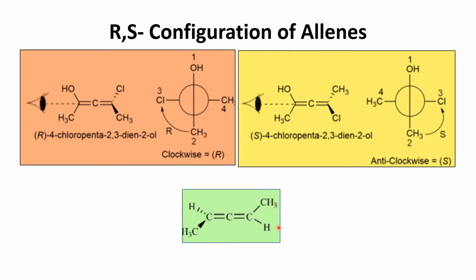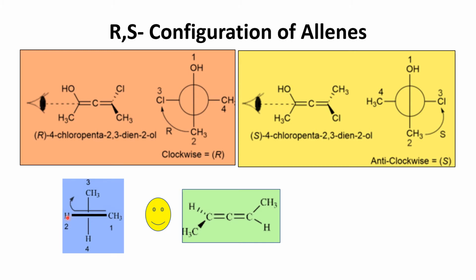And see another compound also, this is one type of allene, okay. If you see on this side, this should be in this way, and you have to write it there. Always, as I said, whether this solid wedge line and this should be, here only you have to write it. This is the first preference, you have to write here only. So if you are seeing from this side, this CH3 should be on the right side, and H will be on this side, away from the view. So 1 and 2.